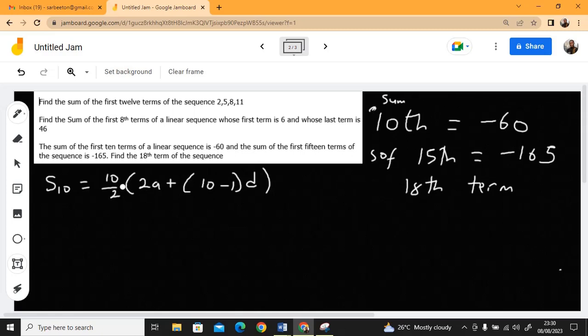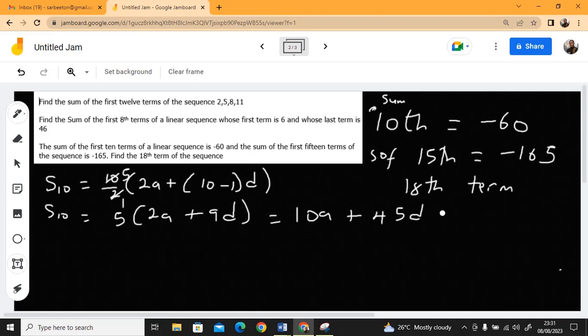So 2 here is 1, 2 here is 5. So for this 10 term, the formula is 5 times the bracket, 2a plus 10 minus 1, which is 9, right? 9 times d is 9d. So I can multiply what is here. 5 times 2 is 10a, plus 5 times 9, that is 45d, which is equal to